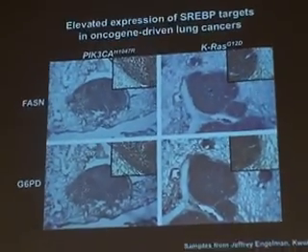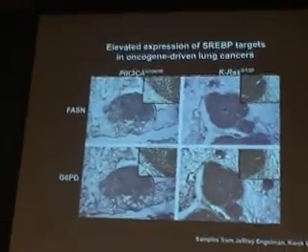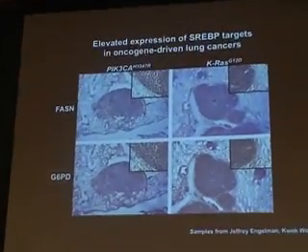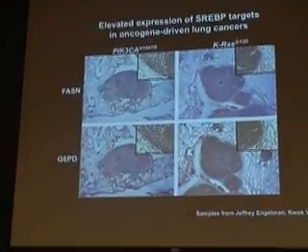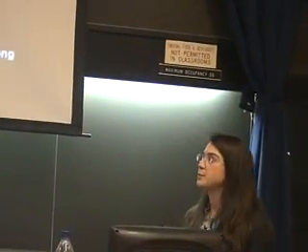In order to look in contexts that are more relevant to human malignancies, we used lung tumor samples kindly provided by Jeff Engelman and Kwok Wong that are driven by oncogenic mutations in PIK3CA and KRAS. We found that staining for fatty acid synthase and G6PD, 2 SREBP targets, were very strongly elevated in the tumor tissue in these lung samples. We want to do further analysis in order to determine whether rapamycin treatment of these lung tumors reduces expression of SREBP, and that is a future direction for this work.